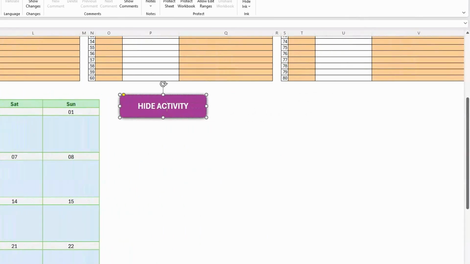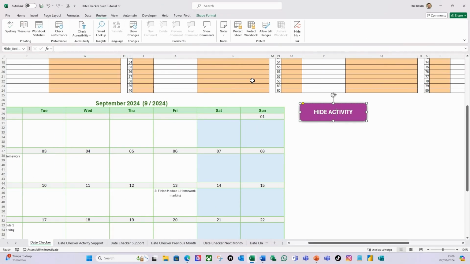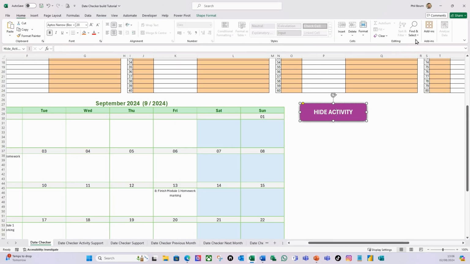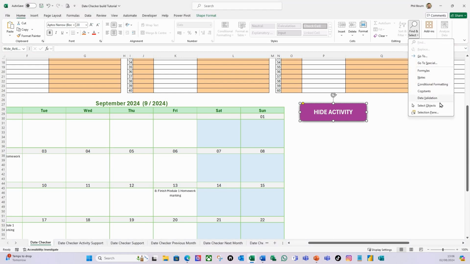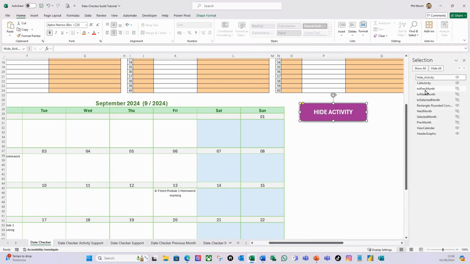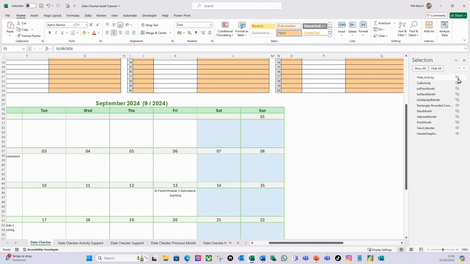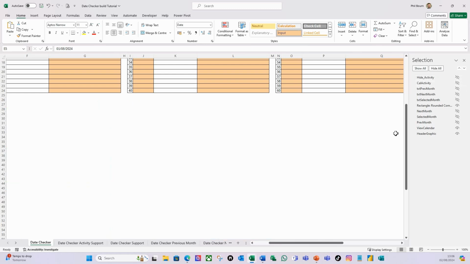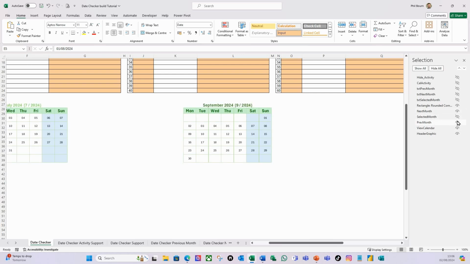Wonderful. And what I'm going to do is on my selection pane, so I'm going to go home, the find and select, do the selection pane. I'm just going to hide these. So I'm going to hide that one. And I'm going to hide the cal activity. And what I'm going to do is I'm just going to make the next month, previous month, and selected month